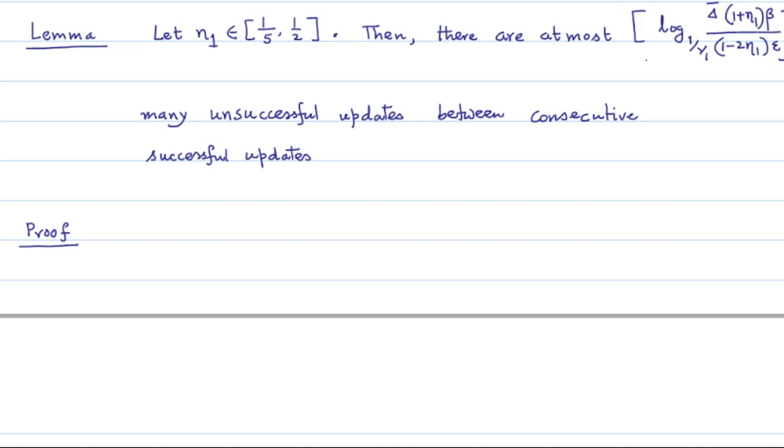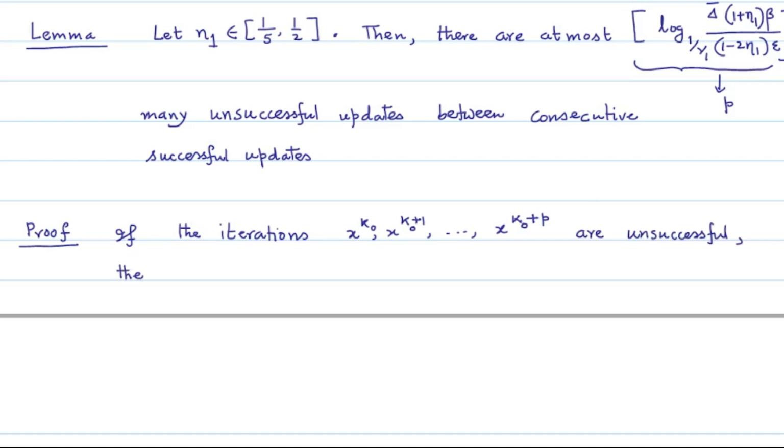To prove it, let us denote this integer as, let's suppose, p, and then we show that if the iterations xk naught plus 1, xk naught plus 2 and so on till xk naught plus p are unsuccessful, then the next iterate must be a successful one,